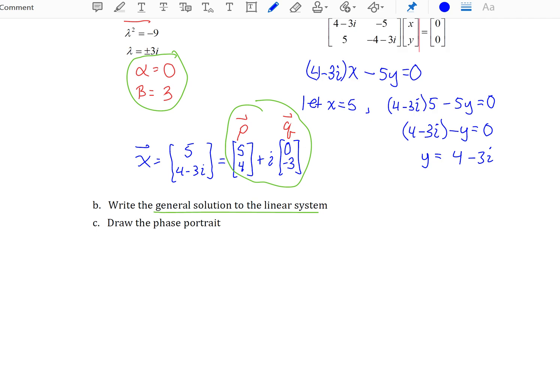So, our real solution. Let's first write the real part. It's going to be e to the alpha t, or e to the 0t, times the cosine of beta t, times the p vector, minus the sine of the beta t, which, don't write beta, we'll put the 3t there, times your q vector,